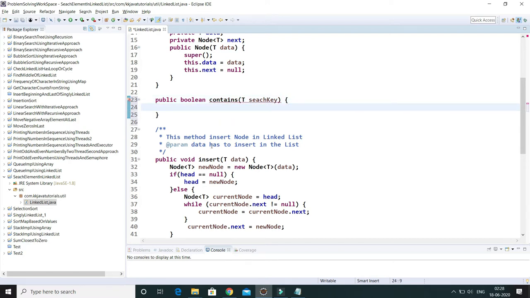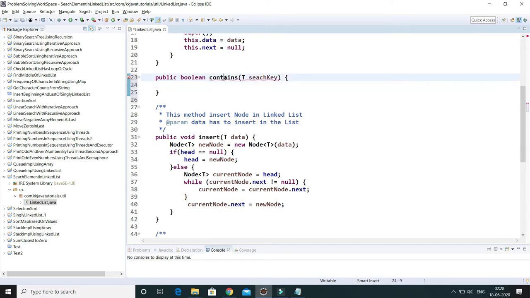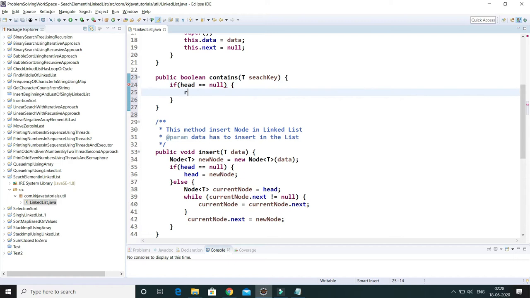First of all you have to check if head equals null, which means your linked list itself is empty. In that case we have to return false, because that key will not be available in the linked list.